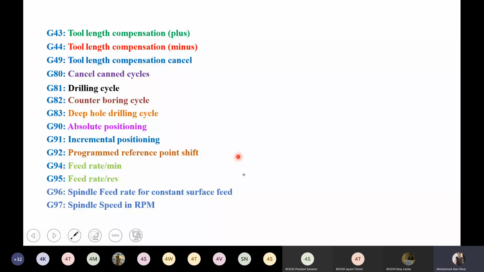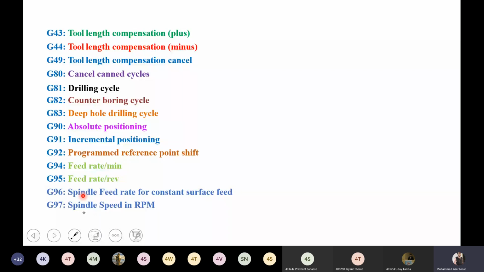If you use G95, then your unit will be 0.3 or 0.5 or 1 per revolution, and cutting feed of your tool will be per revolution. Then the next one is G96, spindle speed for constant surface speed.